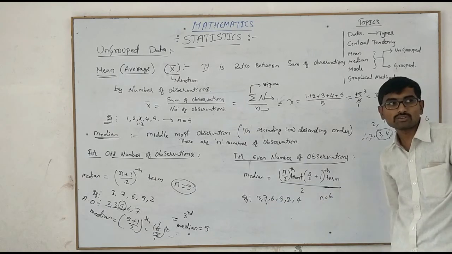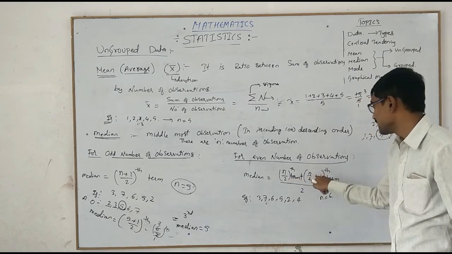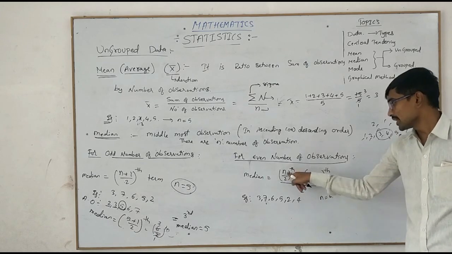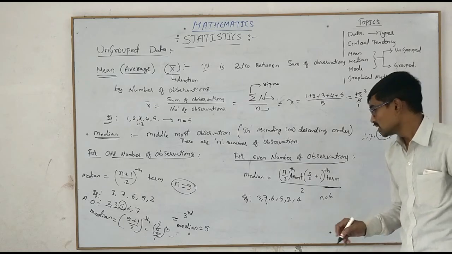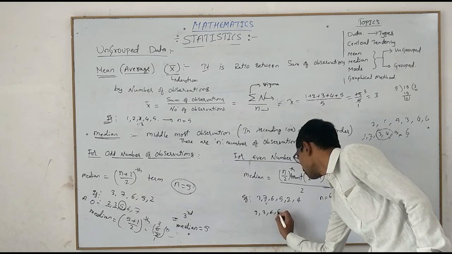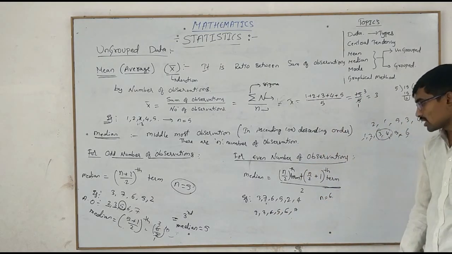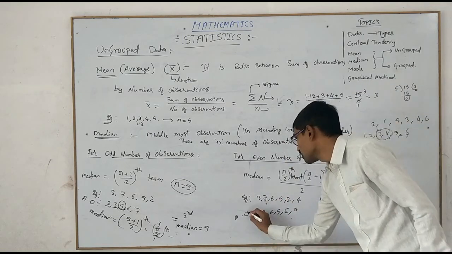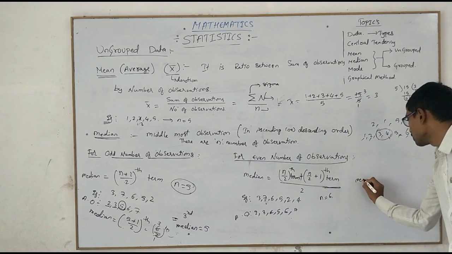So for an even number of observations, we will take the formula: n by 2th term plus n by 2 plus 1th term, divided by 2. That is the average of the n by 2th term and the n by 2 plus 1th term, that is the middlemost 2 terms. So I am converting this into ascending order: 2, 3, 4, 5, 6, 7. I am substituting in the formula. The number of observations is 6. Therefore, median is equal to